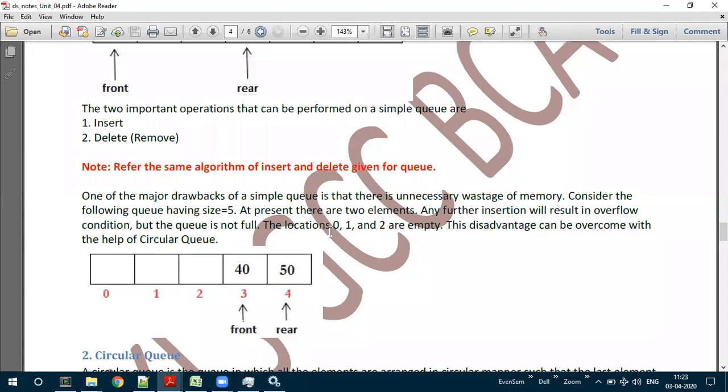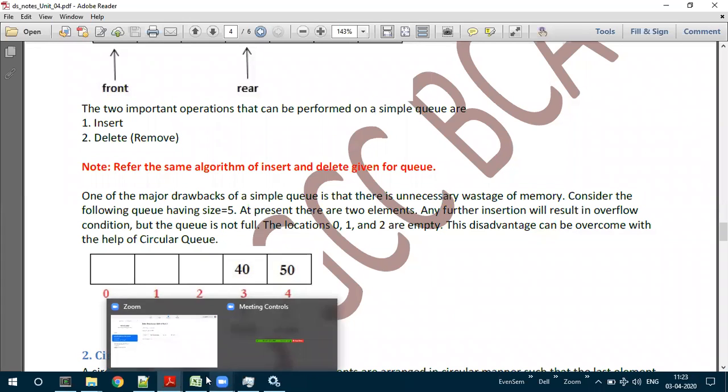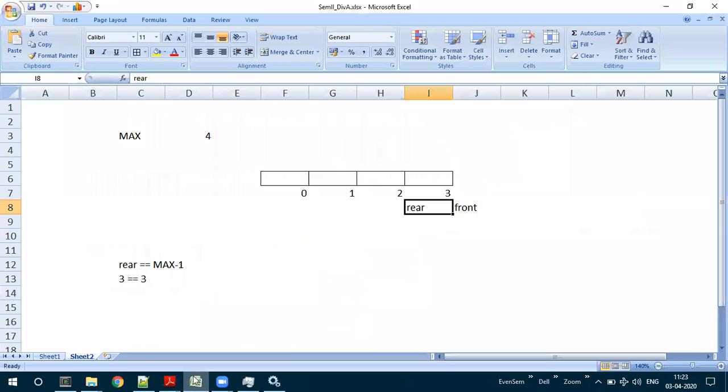The locations 0, 1 and 2 are empty. This drawback can be overcome with the help of the circular queue concept. Is this particular drawback understood, or shall I repeat it once again? Understood, sir.